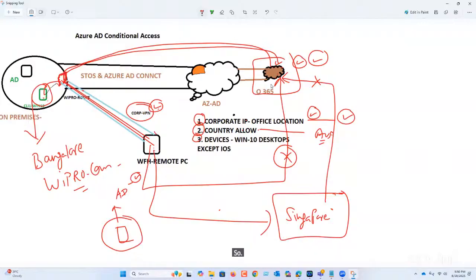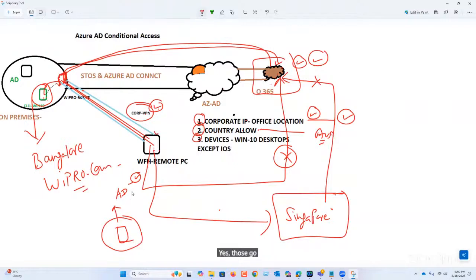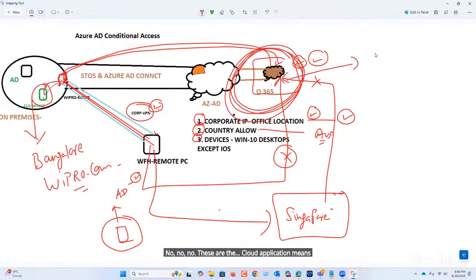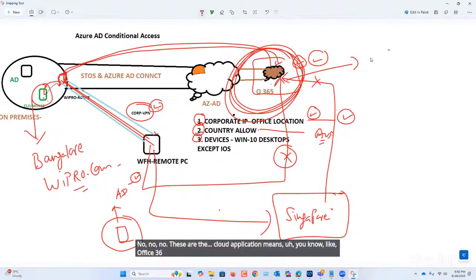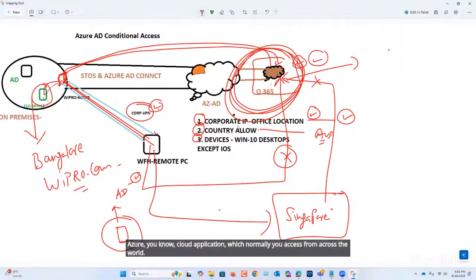So any cloud application cannot be accessed unless you are part of VPN or the official network. Those cloud applications are the private applications of Wipro, as per your diagram? No. These cloud applications mean things like Office 365, Intune, or Portal.Azure, cloud applications which normally you access from across the world. Okay, got it.